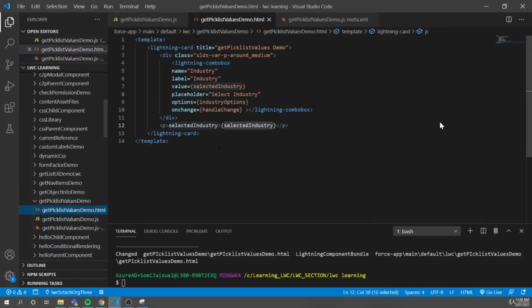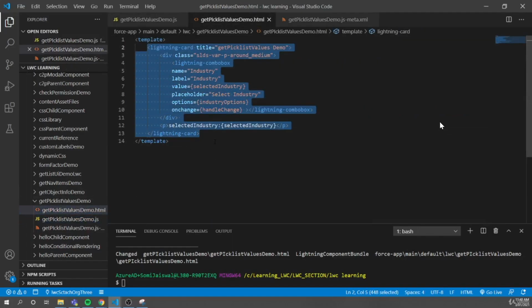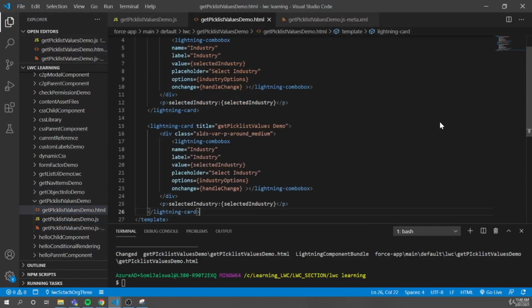And in the HTML, we'll just copy this card again, and we'll say get pick list value demo with type. And here what I'm going to do is update the name, label, selected industry becomes selected type, select type, and we'll say type options, handle type change, say selected type, and we'll print the selected type. Let's deploy this and see